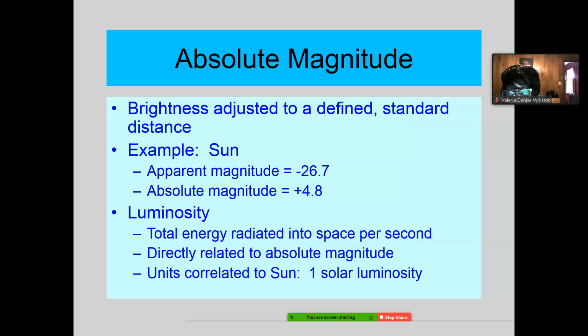So if you did the math, and I think I have my phone here, so let me see what that is. 4.8 divided by 1.4. That's about 3 times brighter than the sun, though I probably didn't do quite right.